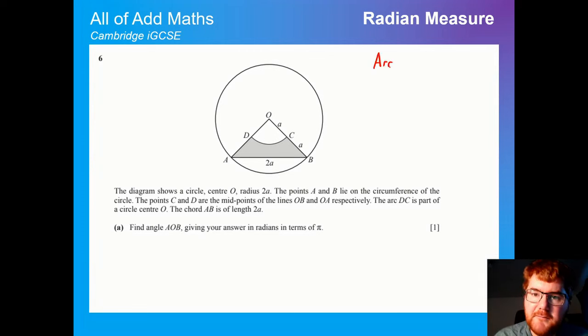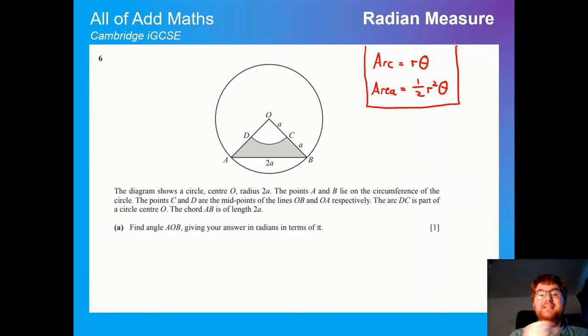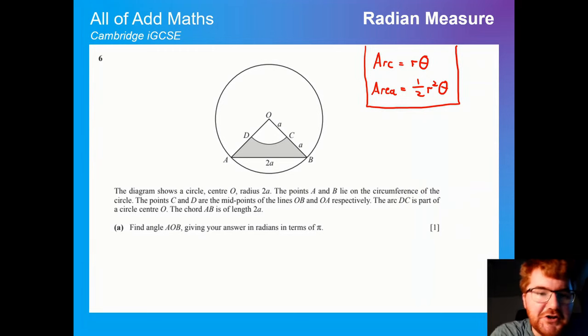So remember, arc length is just equal to r theta, and the area of a sector is equal to half r squared theta. We're going to be using this a lot, and you need to know these formulae in order to access these questions. So we have a diagram. It shows a circle, centre O, radius 2a, and the points A and B lie on the circumference of the circle. C and D are midpoints, so these 2 points here, of OB and OA respectively, and the arc DC is part of a circle centre O, and the chord AB going across is of length 2a, and we need to